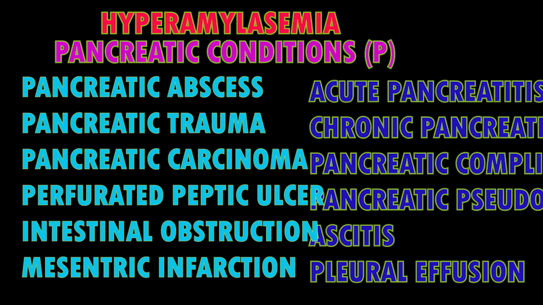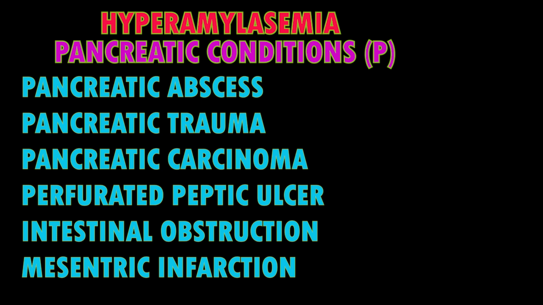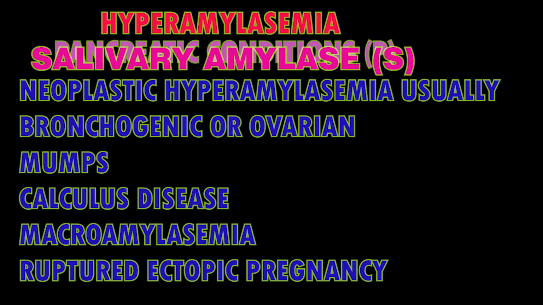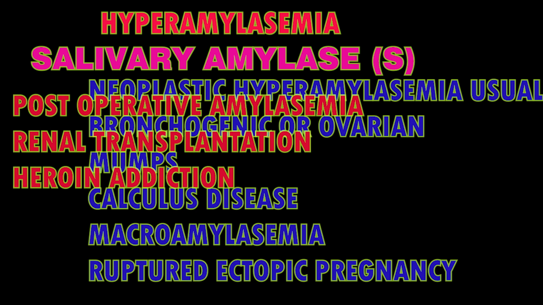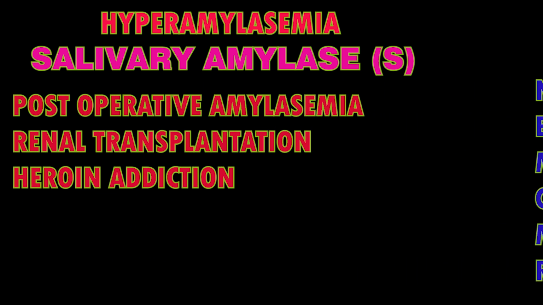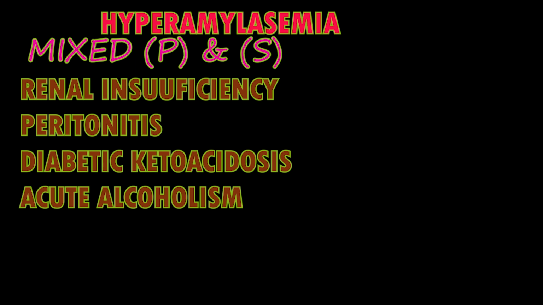Pancreatitis, acute and chronic. Complications in the pancreas: pseudocyst, ascites and pleural effusion, abscesses, pancreatic trauma, pancreatic carcinoma. Neoplastic hyperamylasemia, usually bronchogenic or ovarian, usually S-type. S-type is salivary. Salivary gland lesions, mumps, calculus disease: S-type is increased. Disorders of complex origin: biliary tract disease, intra-abdominal disease, perforated peptic ulcers, the P-type is increased; intestinal obstruction, the P-type